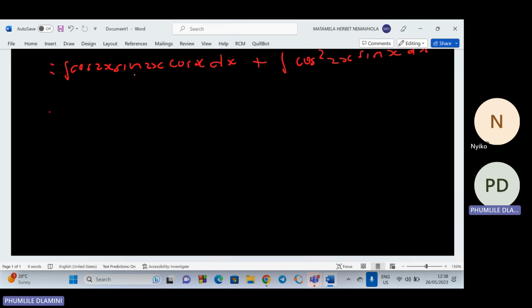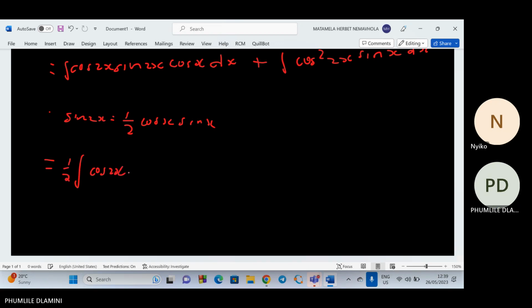We can still change one thing to be better. If we change sine 2x, if we change cos squared x, we're going to have sine cos squared x. If we change sine 2x, it is going to give us 1/2 cos x sine x, which we can write here. If we change sine 2x, that integral can come in a form of cos 2x,